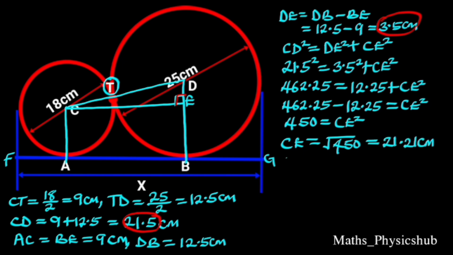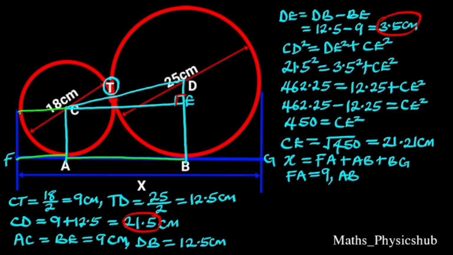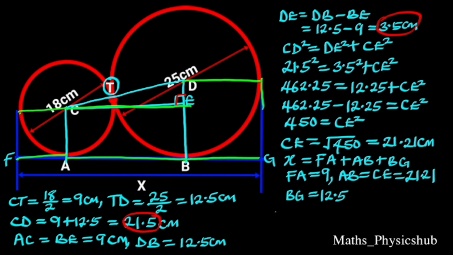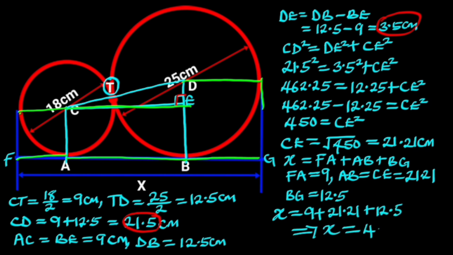centimeters. To find x equals FA plus AB plus BG. FA equals the radius of the small circle which is 9 centimeters, AB equals CE, which is 21.21 centimeters. And BG equals 12.5 centimeters, which is also the radius of the big circle. Substituting these values in this formula will give us x equals 9 plus 21.21 plus 12.5, which equals 42.71